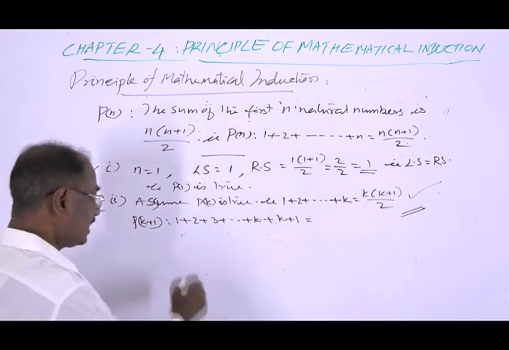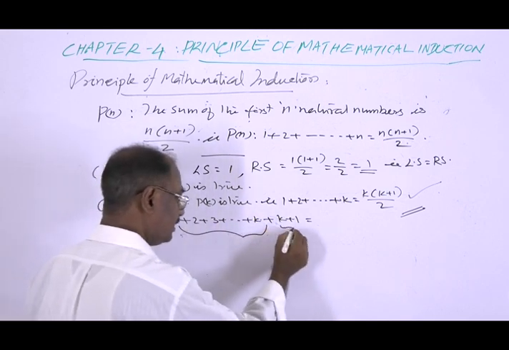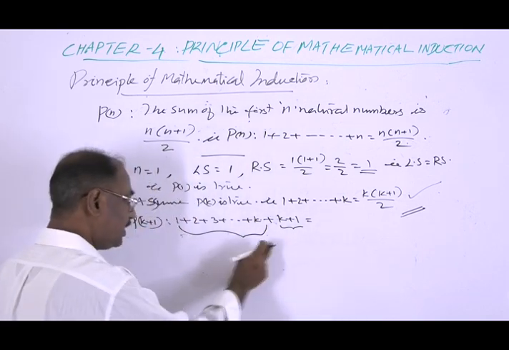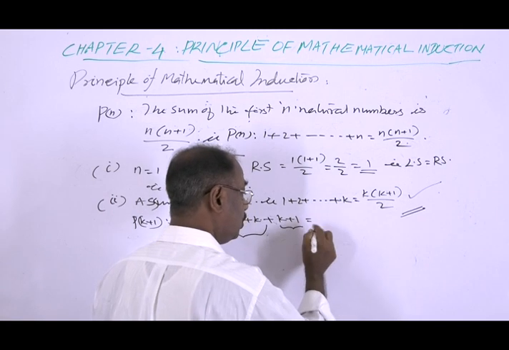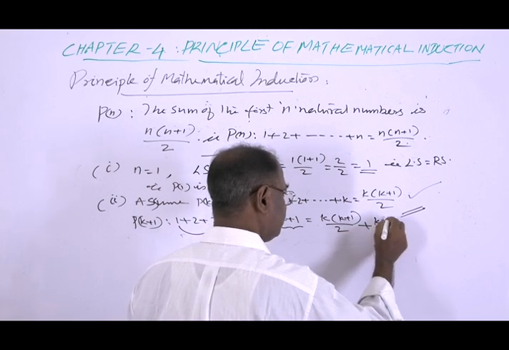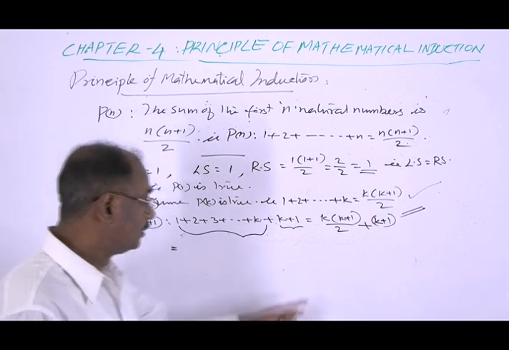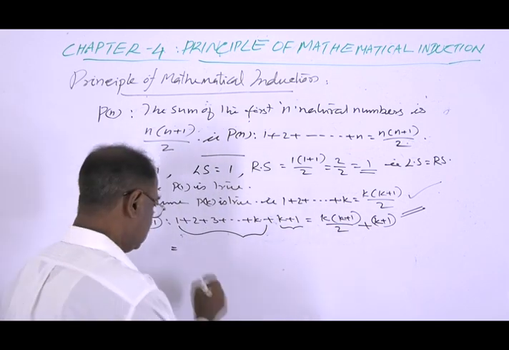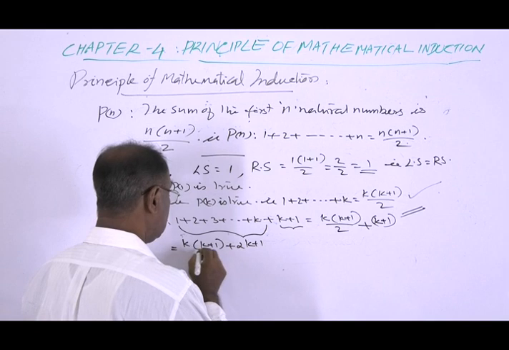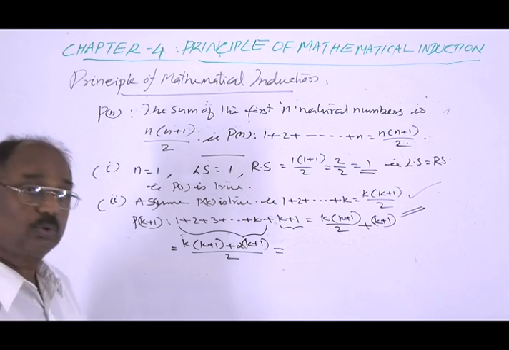For this, we can consider it as two parts. First the sum up to k, then second is k plus 1. So this is equal to, for the sum up to k, we can use this formula because it is true: k into k plus 1 divided by 2 plus k plus 1. And then it is again equal to, taking LCM 2, k into k plus 1 plus 2 times k plus 1, divided by 2, which is again equal to,